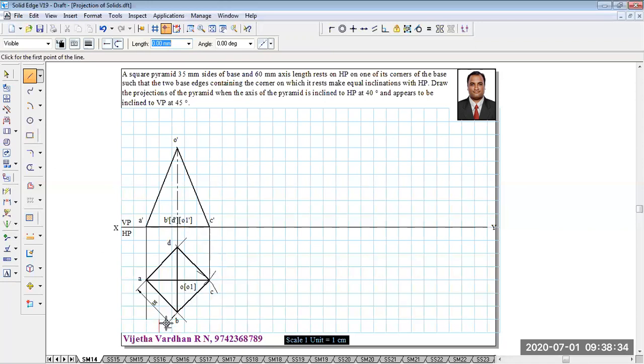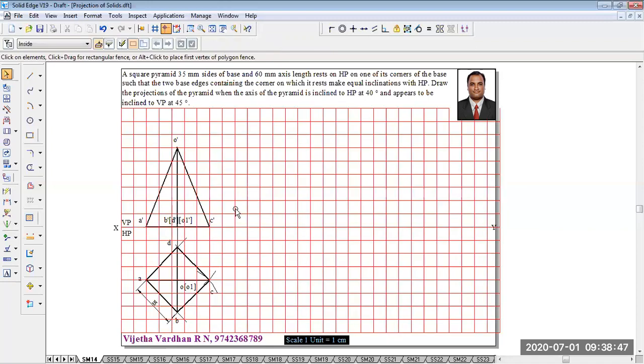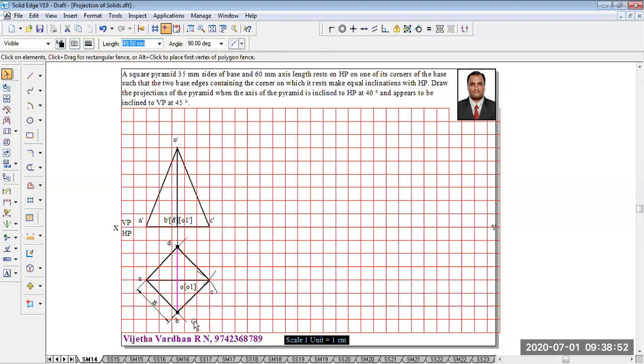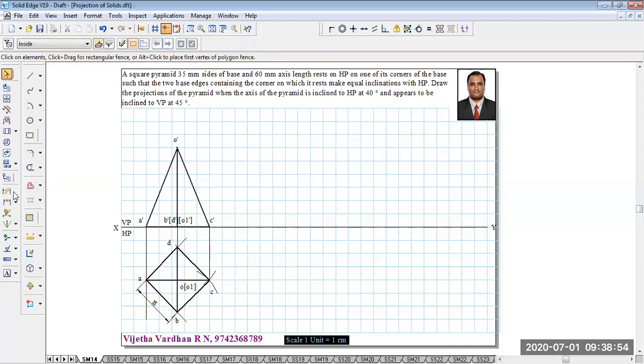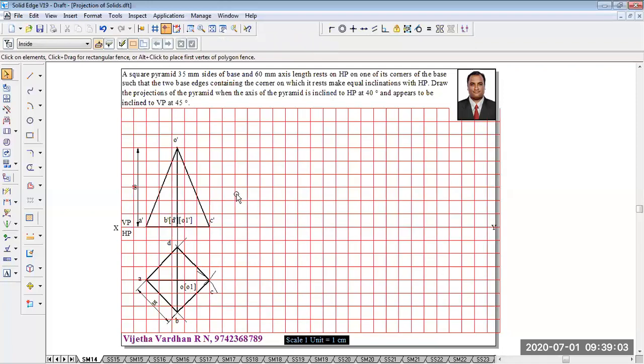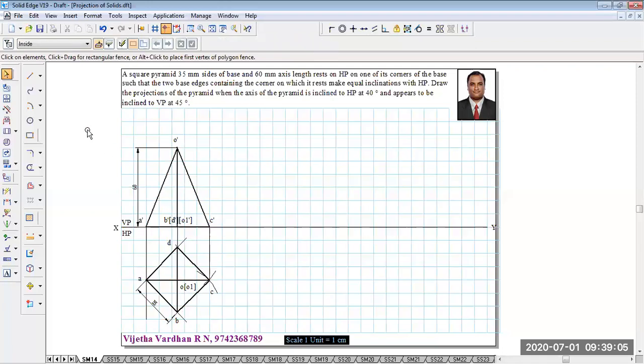Now you can see when the observer is seeing the object from the front, OA is visible, OB is visible, OC is visible. Now you can see the axis line has to be shown as a dark line like this using the HB pencils. The reason is the line OB is visible to the observer. And without forgetting, you are supposed to complete the annotation parts and the dimensioning part like this. Now one can say that the first stage is completed in all aspects.